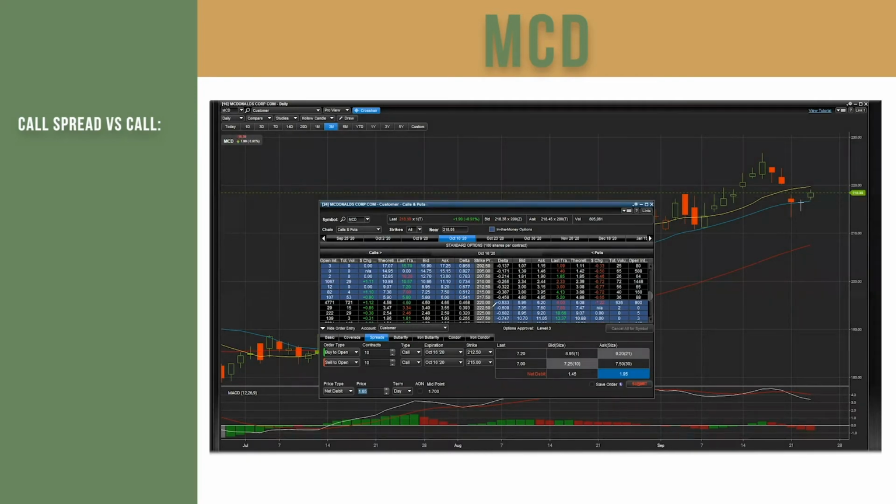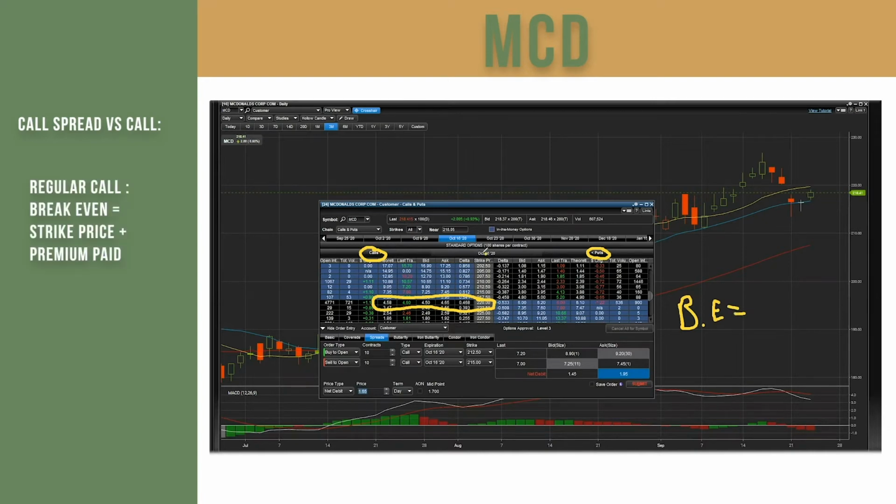If you pick up this October 220 strike call, all right, I'm circling it here for you. These are the calls, and here's the puts. We're going to be doing puts in another video here. But right now, your break even, we'll initiate that as BE. Break even is your strike price. Yeah, you see up here. So break even equals strike price